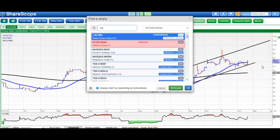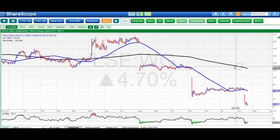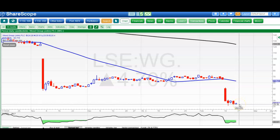Wood Group is next, and an interesting one. Not really much of a chart at the moment, so I suppose it's the fundamentals which are driving the situation. Here, I think we've had news of the departure of the CFO, which happened last night. The share's actually now up after that, which I think is possibly a good sign for the stock. Also, I've heard that one or two Scottish buyers are getting into the stock, bottom fishing the shares on the basis that the stock, Wood Group, won't be allowed to fail,